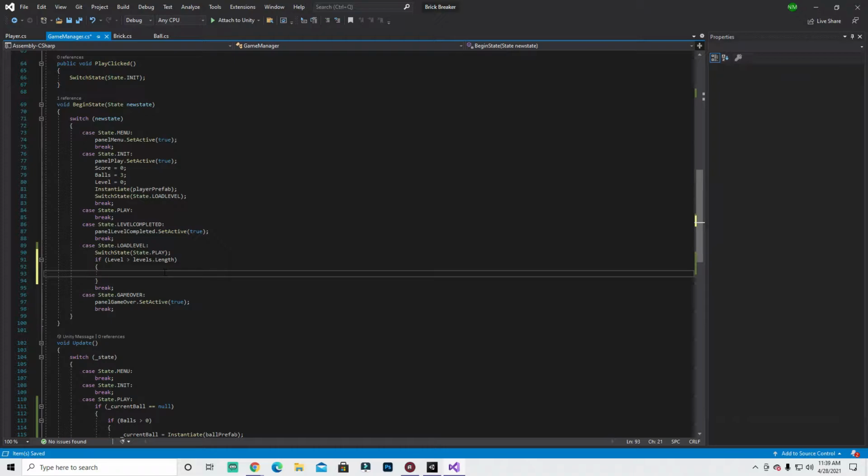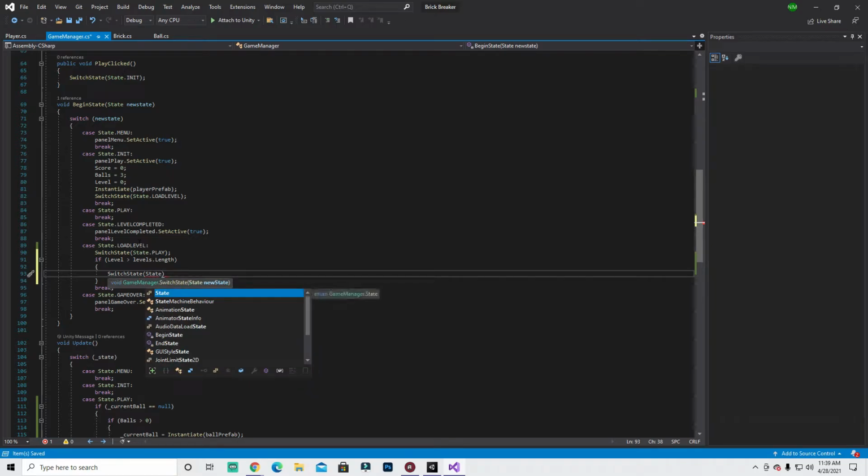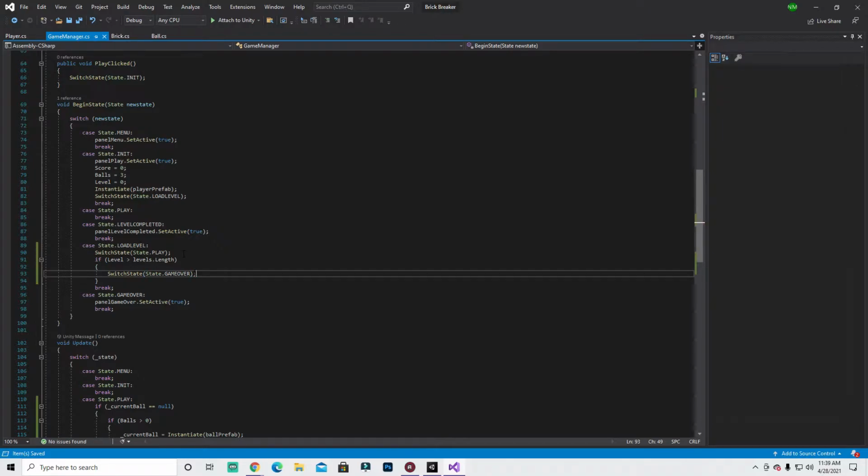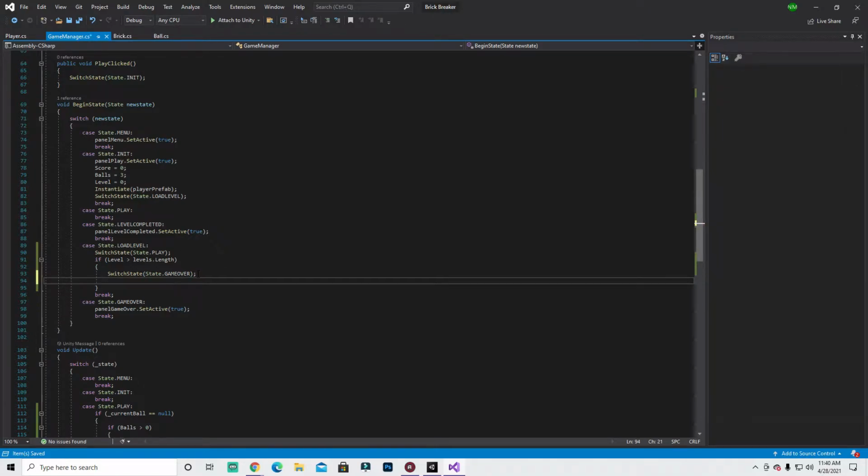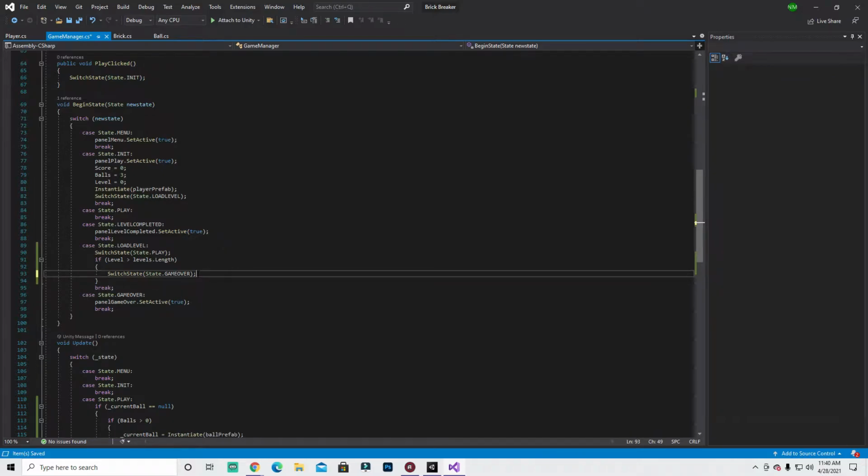So if the level is greater than the levels.length, then we are going to end the game because you've finished the game. Switch state. Game over. And then